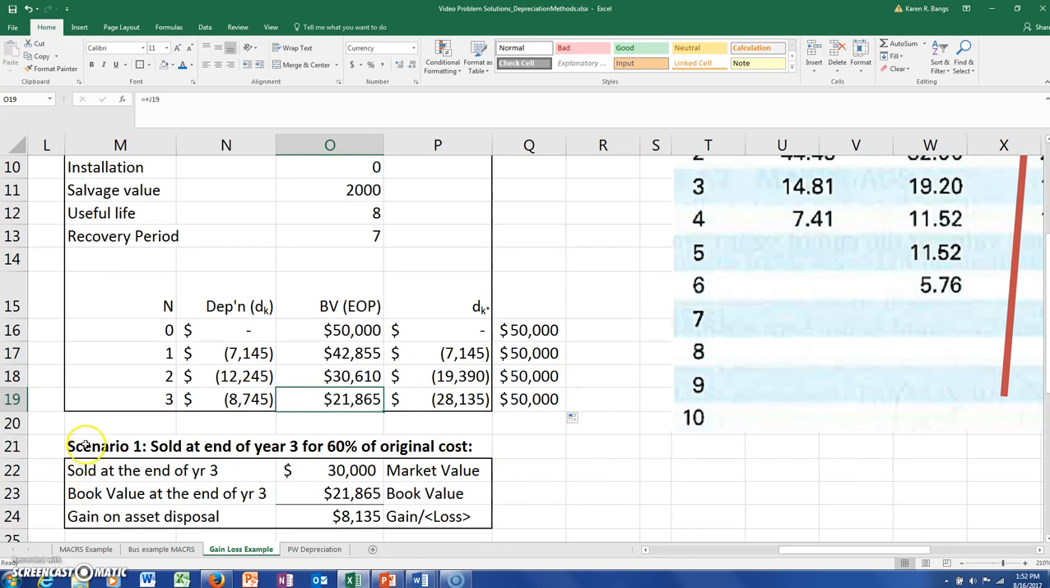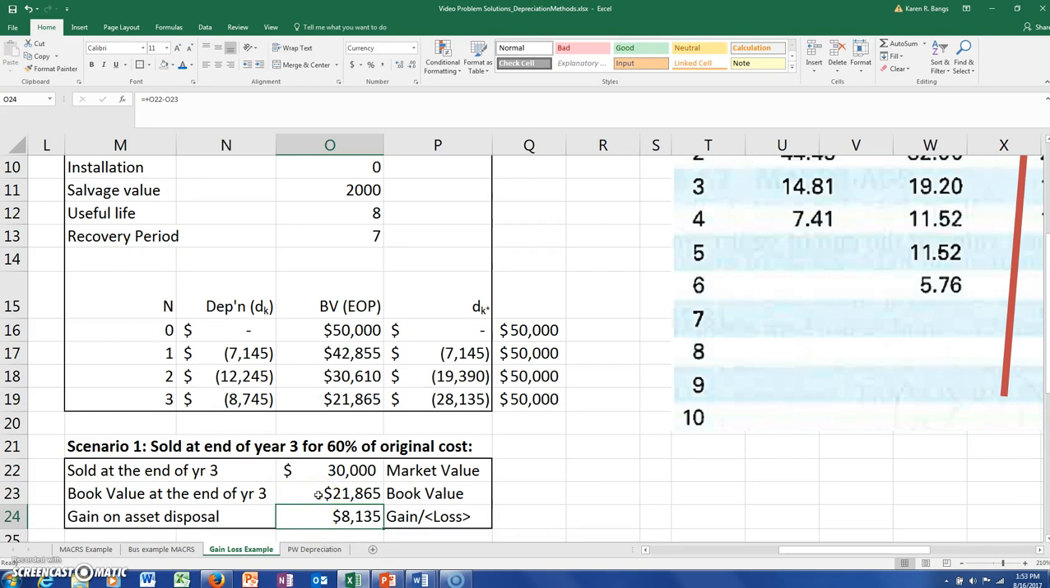So first, the first scenario, as the problem states, we are selling the machine at the end of year 3 for 60% of its original cost. 60% of $50,000 is $30,000. So that's our market value minus our remaining book value that we have from right up here. Our remaining book value of $21,865 says that we have a gain of